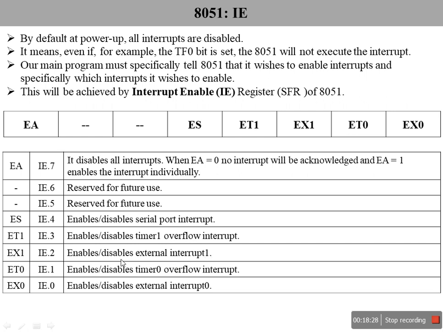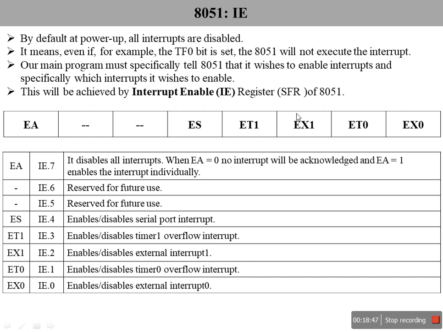Similarly, EX1 enables or disables external interrupt INT1. Even upon receiving information on INT1, if this bit is 0, the 8051 will not attend to the interrupt service of that device.